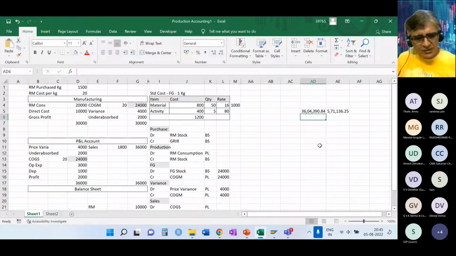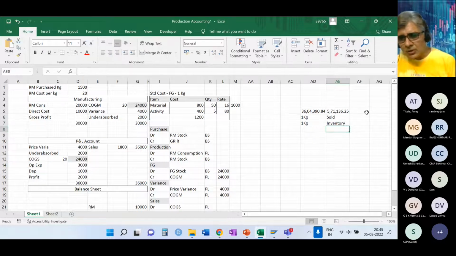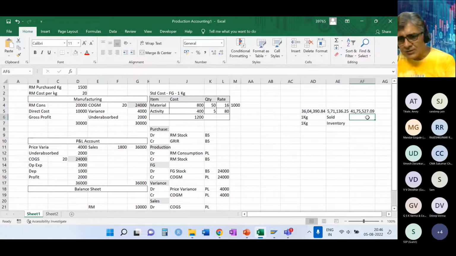Out of that, 1 kilo is sold and 1 kg is in inventory. This is a positive variance, which means the cost goes up, and so the total cost for 2 units is this much.